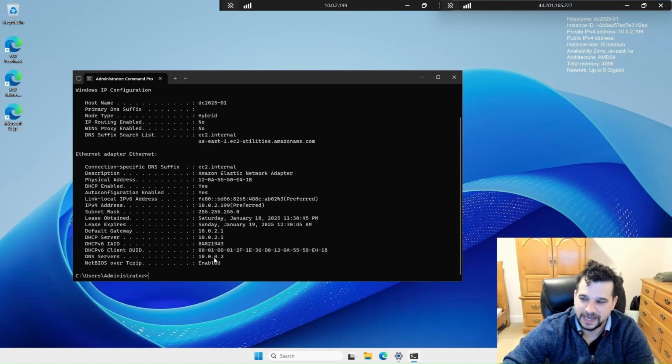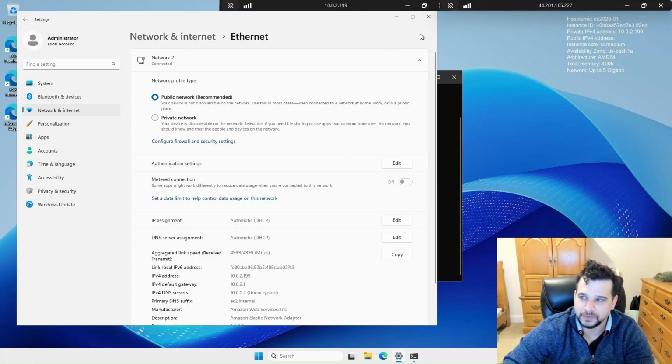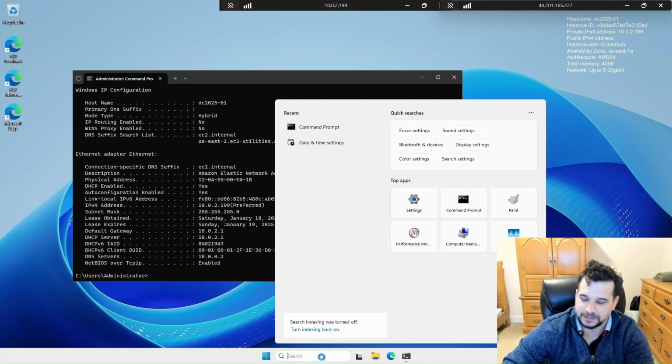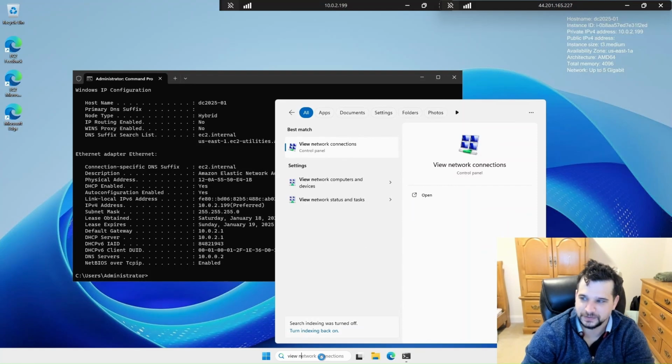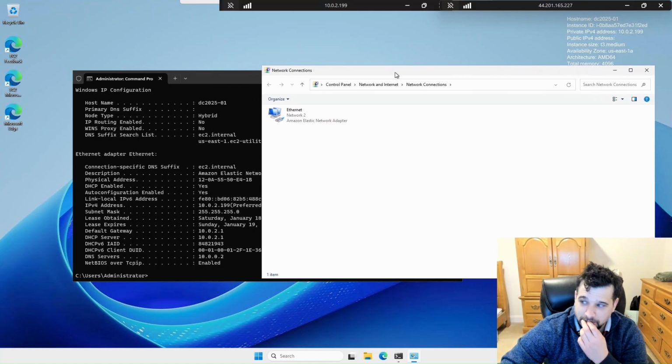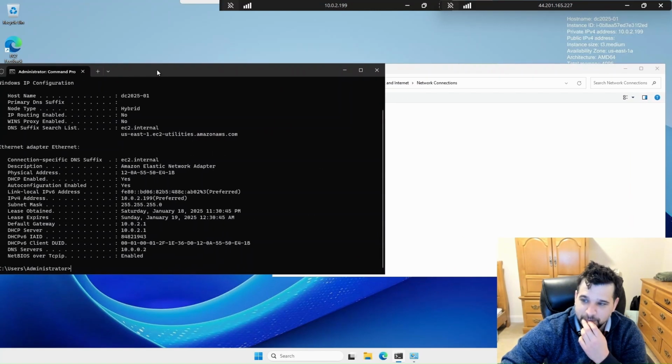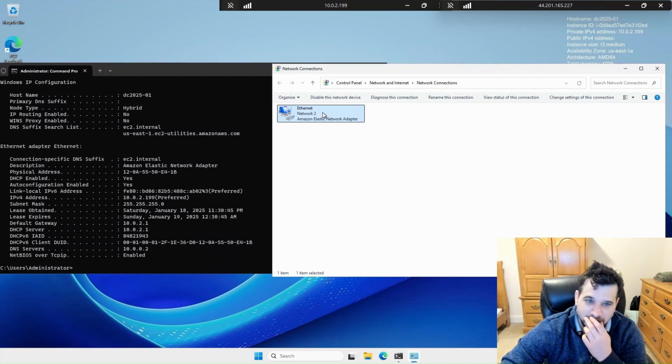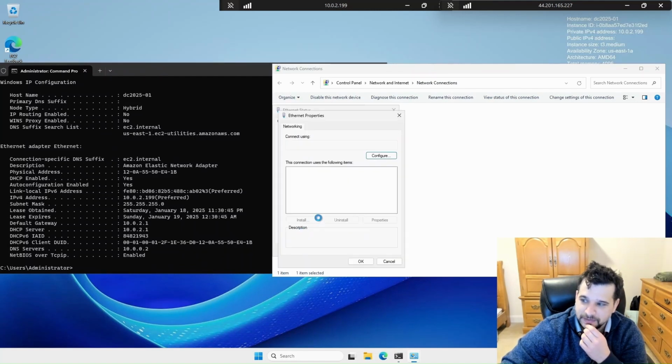When we install Active Directory Domain Services, ADDS, and DNS, this is going to change to be the loopback or its own address. So, as I mentioned, you can do it here, but I'm going to do it the old school way just because of familiarity. So in the search bar, I'm going to type in view network connections. Yep. And we're going to put this box over on the right hand side, and we're going to keep this on the left. Double click on Ethernet, properties,